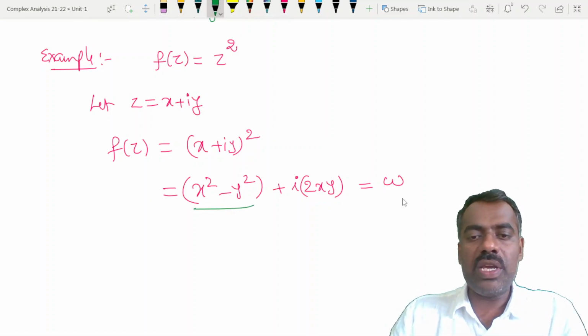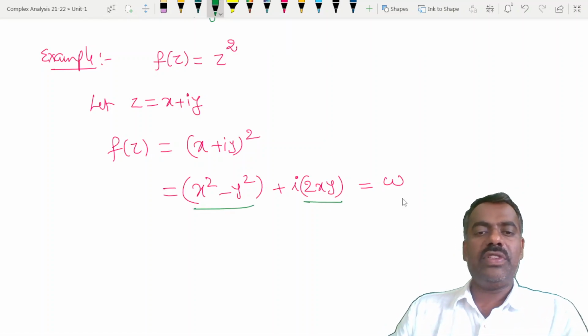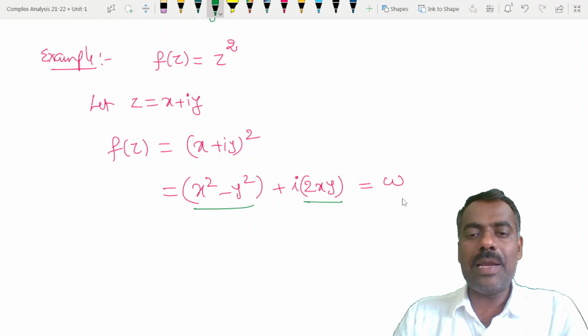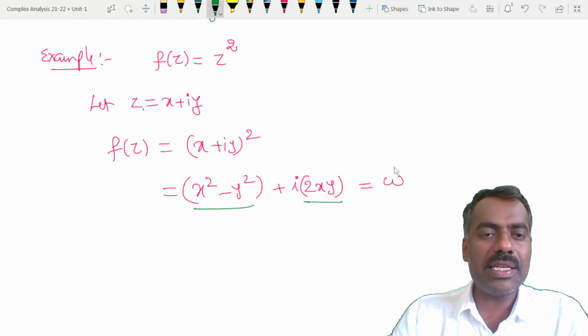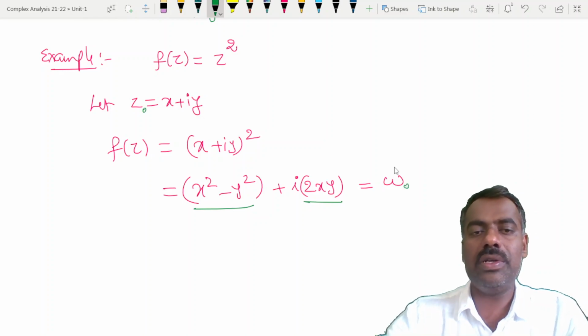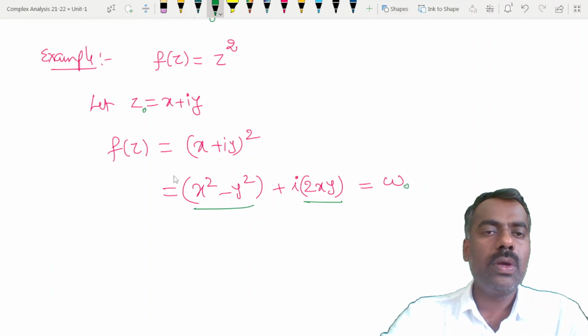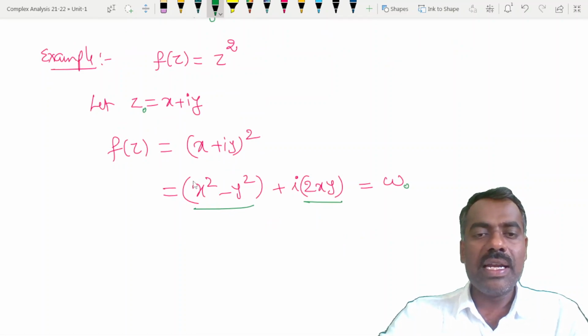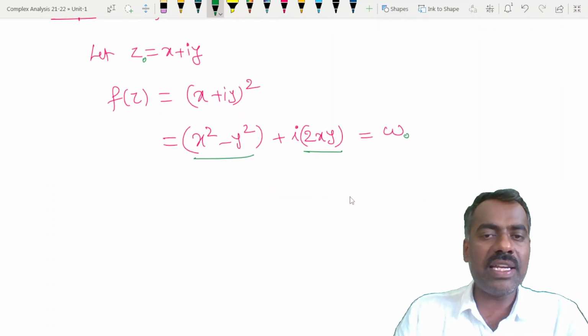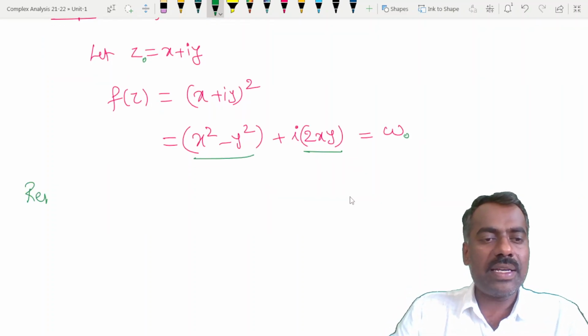This is also a complex number, where x square minus y square is its real part and 2xy is its imaginary part, right? If you want, you write this as Z naught, then this is W naught. If you want, you can call it. So what you observe is that if Z naught is a complex number, f of Z is also a complex number, and the real part is a function in x and y, and the imaginary part is also a function in x and y, right? So that we can remark here,